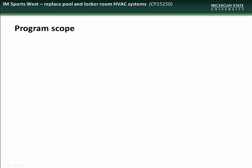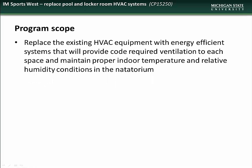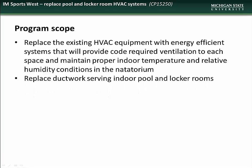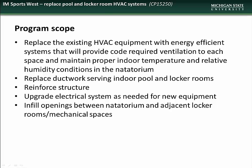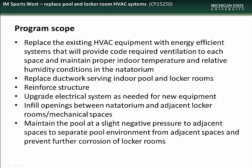The scope of the project will include replacement of the existing HVAC equipment with energy-efficient systems that will provide code-required ventilation to each space and maintain proper indoor temperature and relative humidity conditions in the pool area, replacement of the ductwork serving indoor pool and locker rooms, reinforcement of the structure, upgrading the electrical system as needed for new equipment, infilling openings between the pool area and the adjacent locker rooms' mechanical spaces, maintaining the pool area at a slightly negative pressure relative to adjacent spaces to separate pool environment from adjacent spaces and prevent further corrosion of locker rooms,